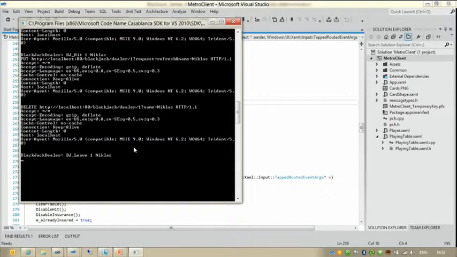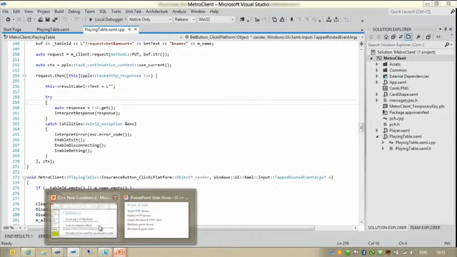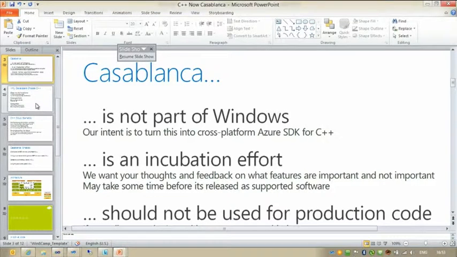And that's it. That's the service interacting with the client and playing some blackjack for me. Now, I was the only player at that table, so we didn't see the full experience there. But we can play several people on that thing. All right, let me go back and finish up my thoughts on this.